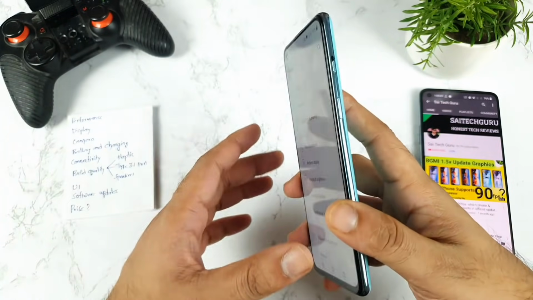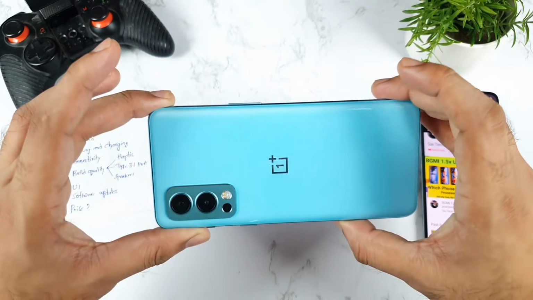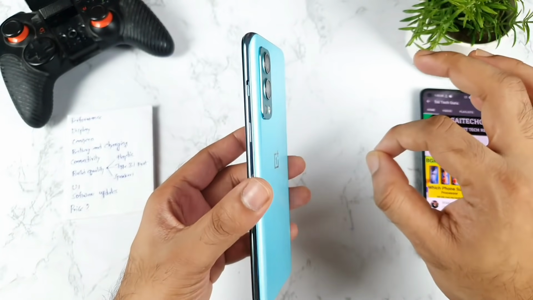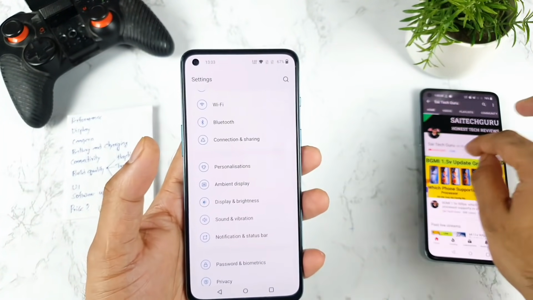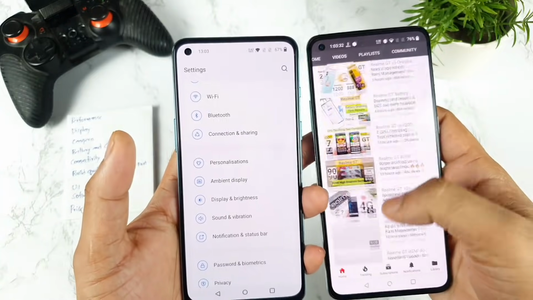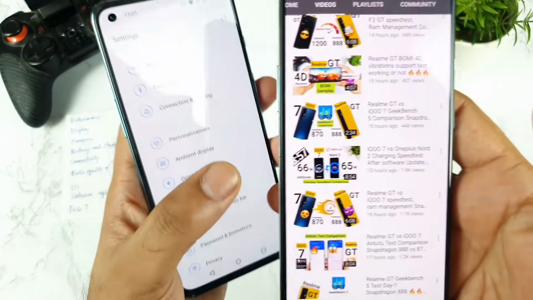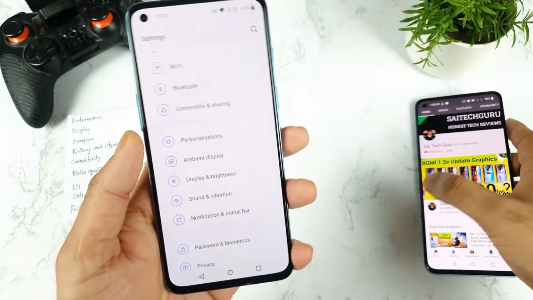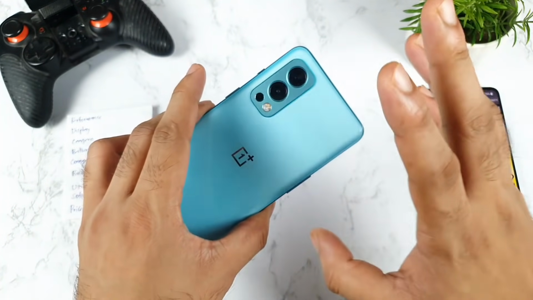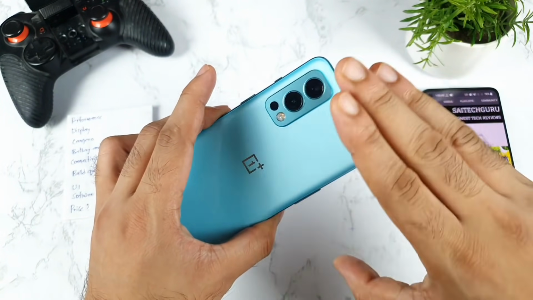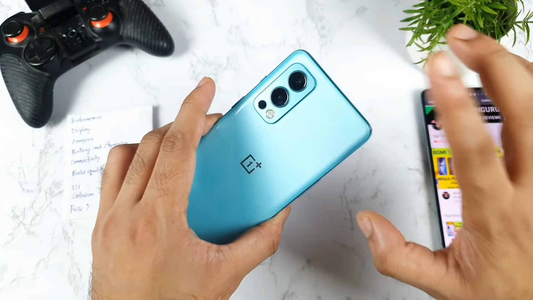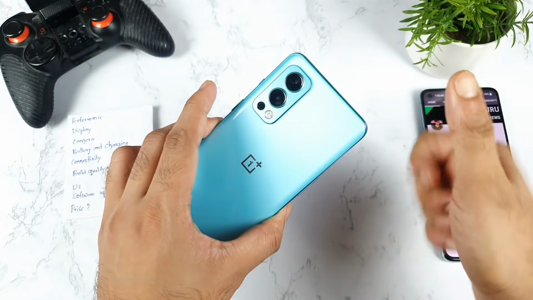Regarding the battery and the charging, the phone has got 4500 mAh of battery capacity, and the charging speed is really fast, which takes only about 29 minutes. Yes, absolutely, friends. Even just yesterday, I did upload the video on the charging speed test comparison with the iQOO 7 device, as you can see here. So it was able to perform really good, solid performance in terms of the charging speed. Even after 30 days, it was able to maintain really high standards in terms of the charging speed. So no issues with the charging in this OnePlus Nord 2 till now.